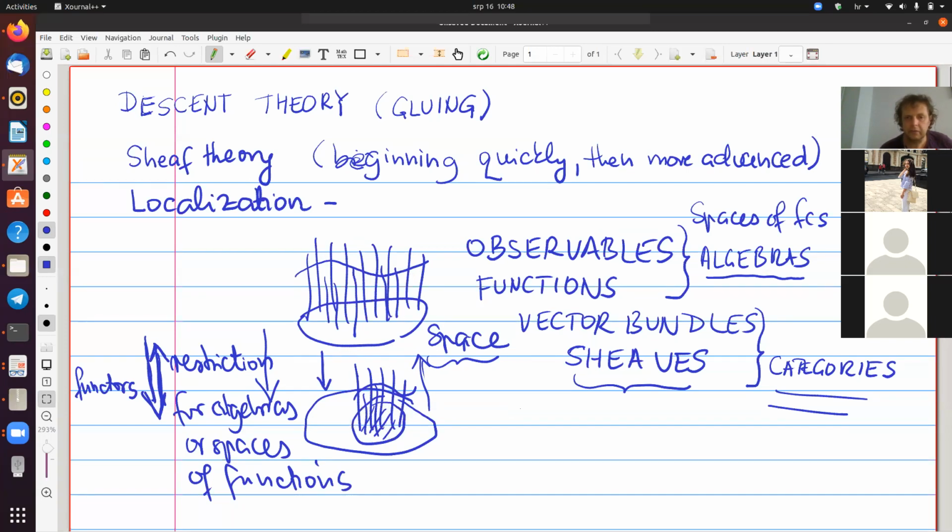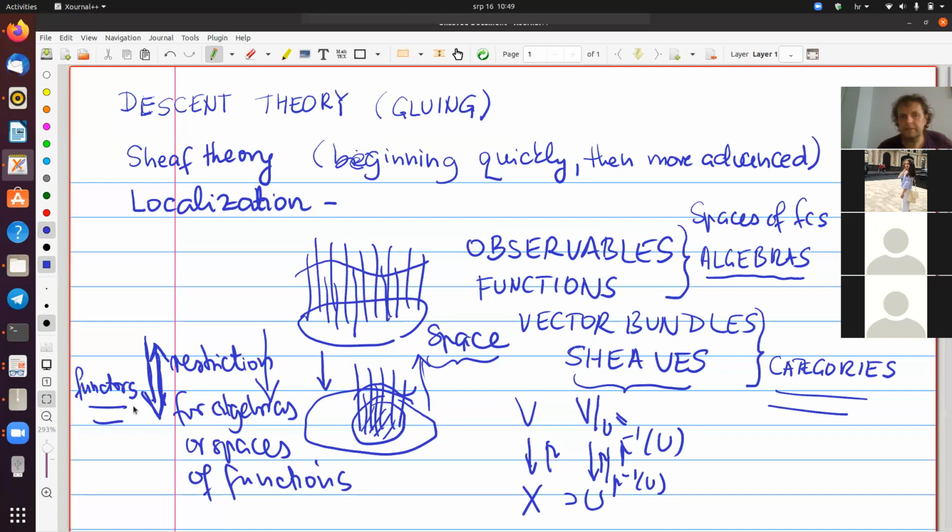So that means if the vector bundle is some V over some X, and this is the projection p, you take p⁻¹ of U, where U is a subset, and then V restricted to U is simply p⁻¹(U), and it has the induced map, p restricted to p⁻¹ of U. So usually these kinds of functors in most situations are examples of localization functors, and that's why they are called localization functors,